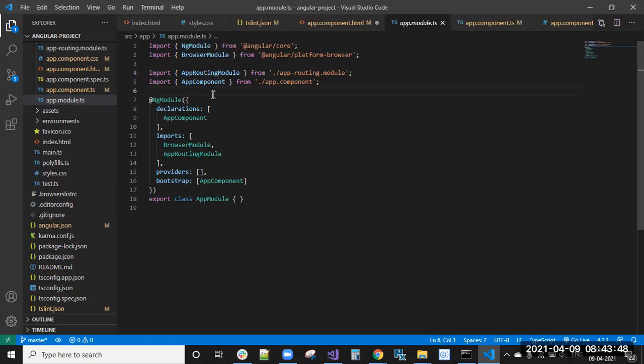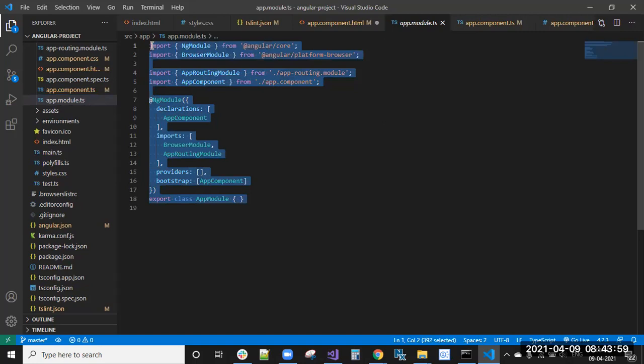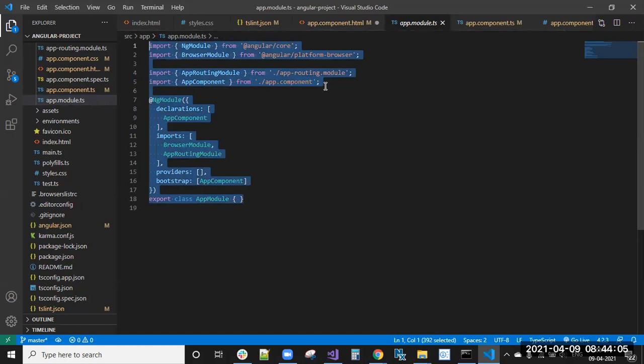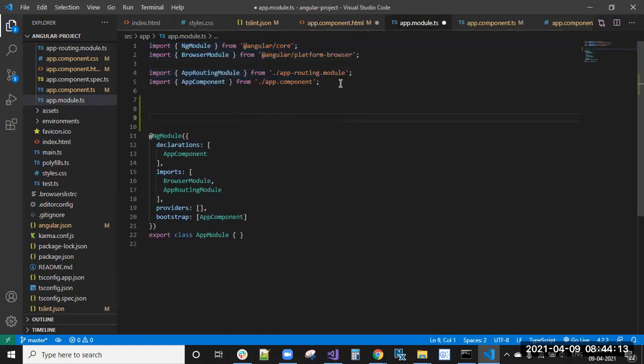Before going into the different types of modules, I will explain what a module is and what is inside it. In this module, we have 3 sections. The first section is the metadata section. Metadata section means: what are the things required to run that module? We can import them from already declared modules or other things.